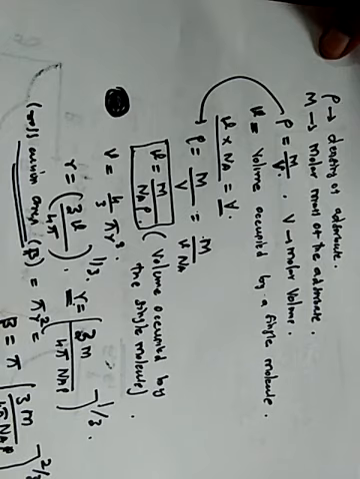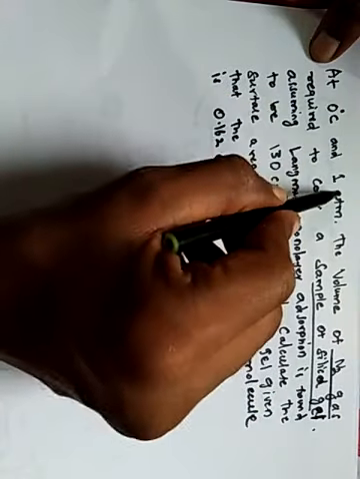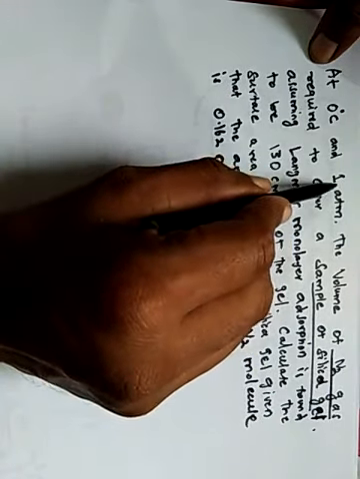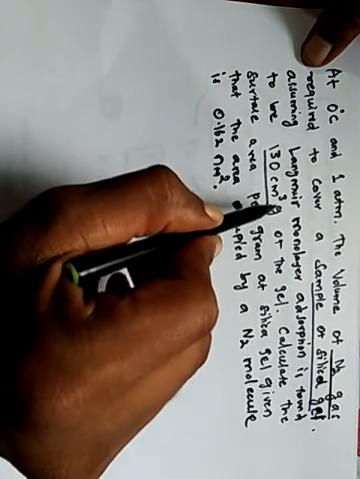And now let me explain. Let me just look at this problem. I would like to solve this problem. At 0 degrees Celsius, 1 atmospheric pressure, the volume of nitrogen gas required to cover a sample of silica gel. So nitrogen gas adsorbs on silica gel at 0 degrees and 1 atmospheric pressure. So this is STP, standard temperature and pressure. Assuming Langmuir monolayer formation, monolayer adsorption is found to be 130 centimeter cube